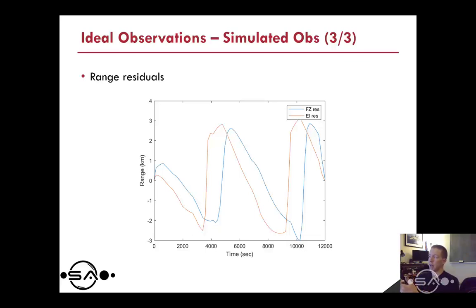But if I propagated both of those separately, and I just took the output and subtracted the observed minus the computed, what are we going to get? We're going to get observations and computed observations that are not lining up time-wise. So time, our independent variable, we have to be very precise with this, and this is where timing precision comes into play here, because